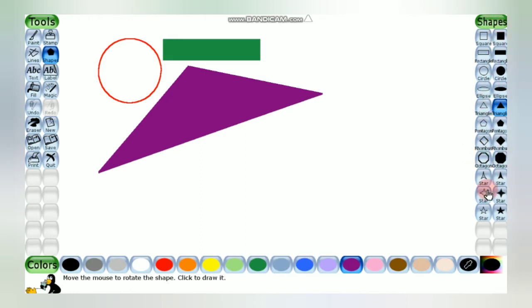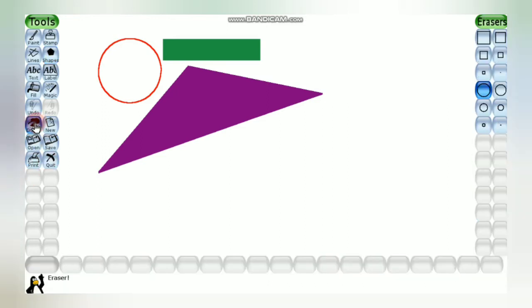Now I will tell you about the eraser tool. The eraser tool is like the one in your drawing book. When you draw in a drawing book, you need an eraser to erase whatever you have made. You can do the same in TuxPaint. You can select the size of the eraser as per your need. This is the biggest one and this is the smallest one.